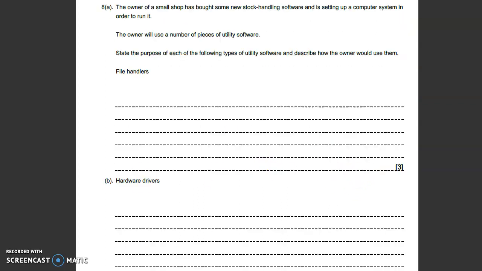Number 8 then. So the owner of a small shop has bought some new stock handling software and is setting up the computer system to run it. State the purpose of each of the following types of utility software and describe how the owner would use them. So file handlers, what does a file handler do then? So it manages data storage, organises data storage, doesn't it? That's what it's going to do, and the use is really that it's then used to delete, sort, move, copy